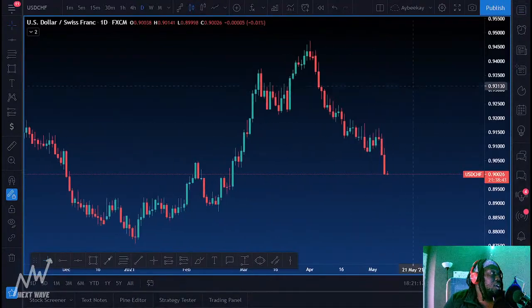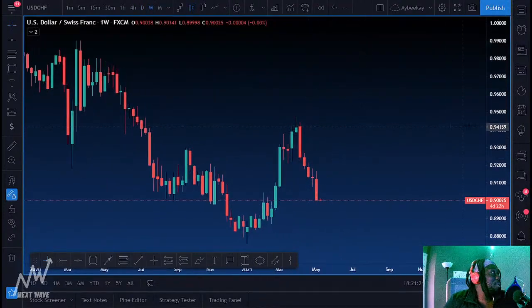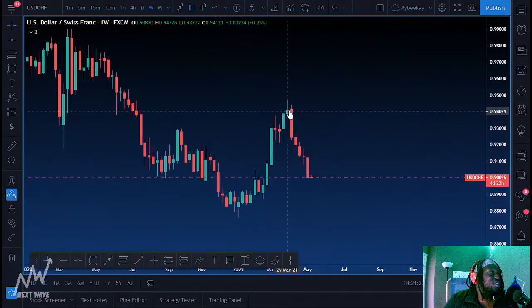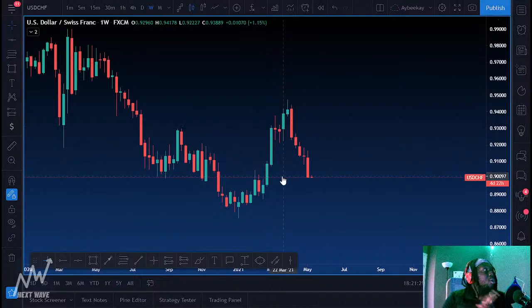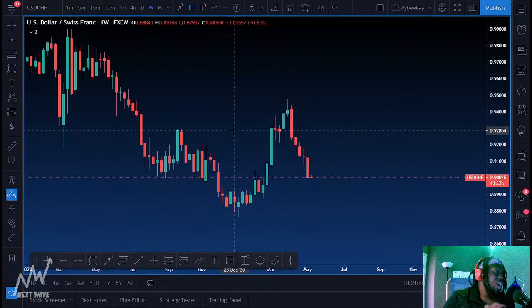Come back on here. Weekly time frame, extremely bearish, weekly time frames, like 1, 2, 3, 4, 5, 6 weeks of bearish. But again, I remember when I was trying to sell USDCHF when all of this bullish movement was happening, and I was saying, okay, with the way how this bullish move looks, and it even broke this bullish structure right here, I was saying that I'm still looking for USDCHF to turn around and go bullish long term,